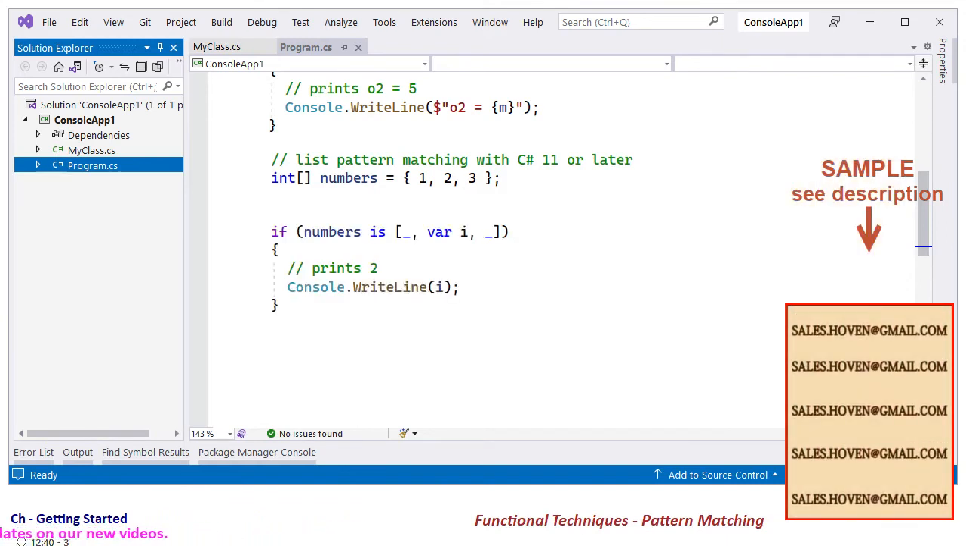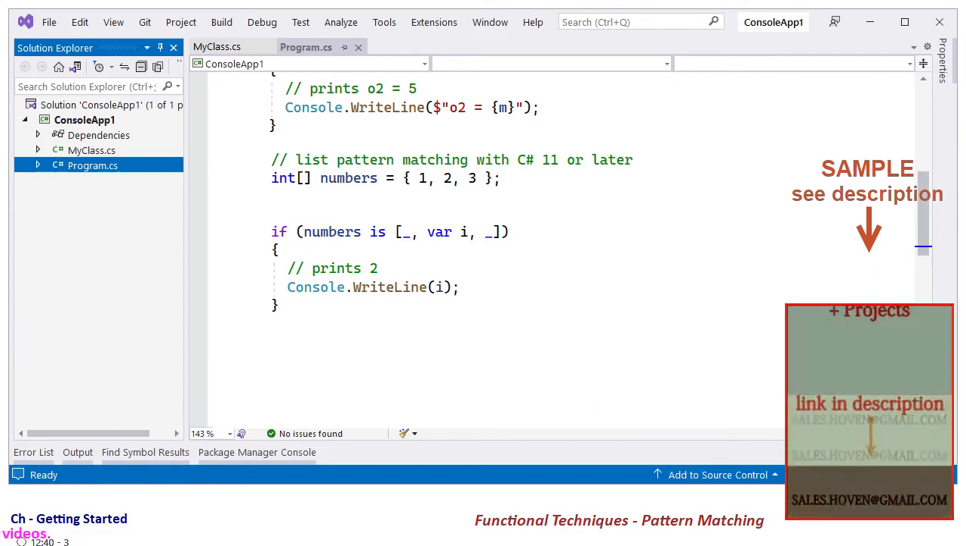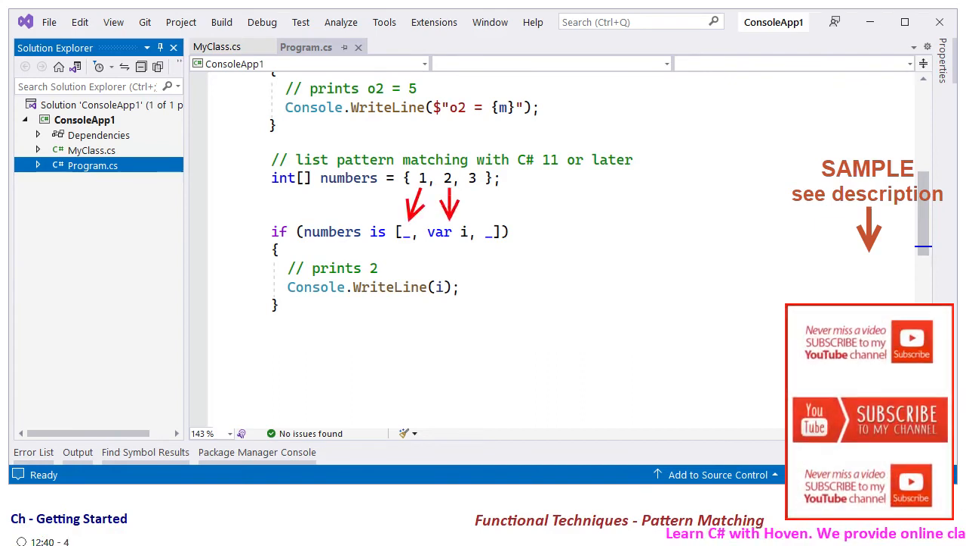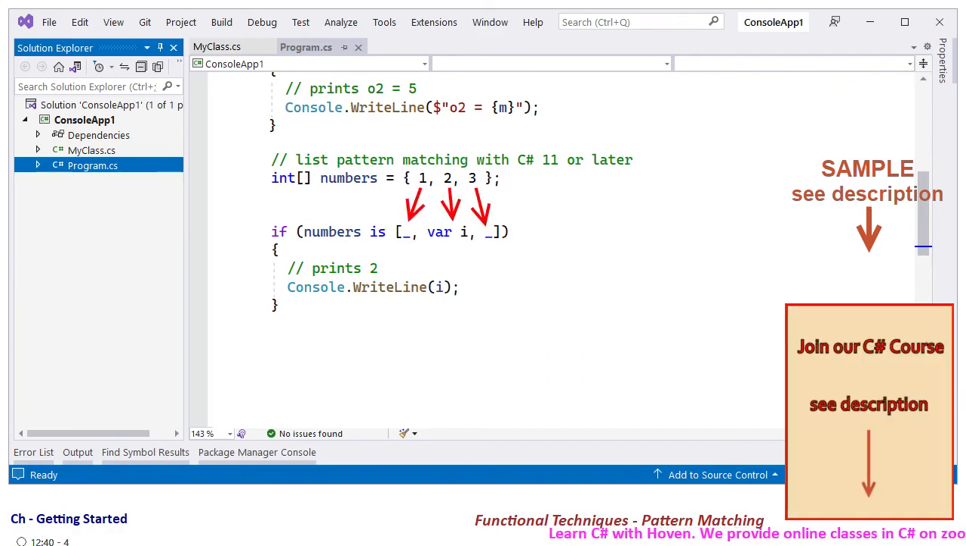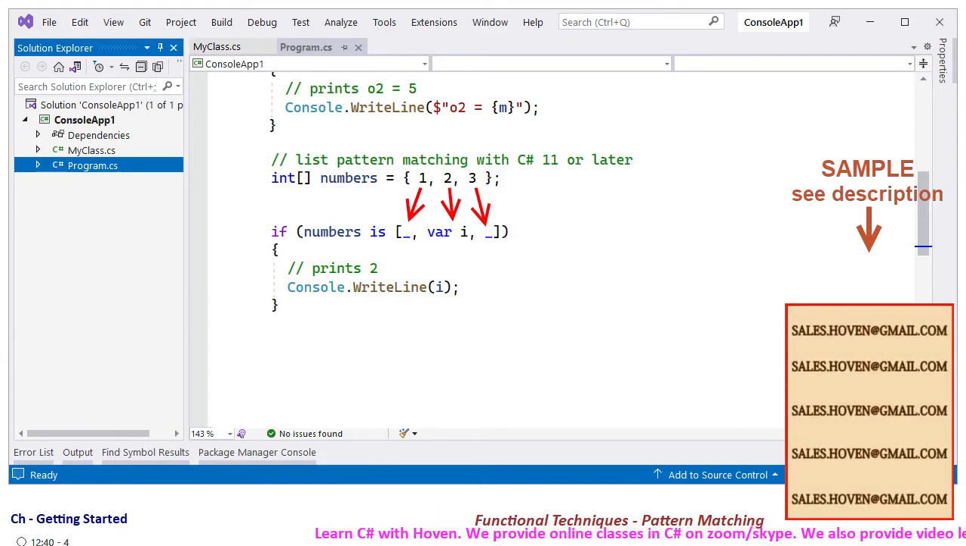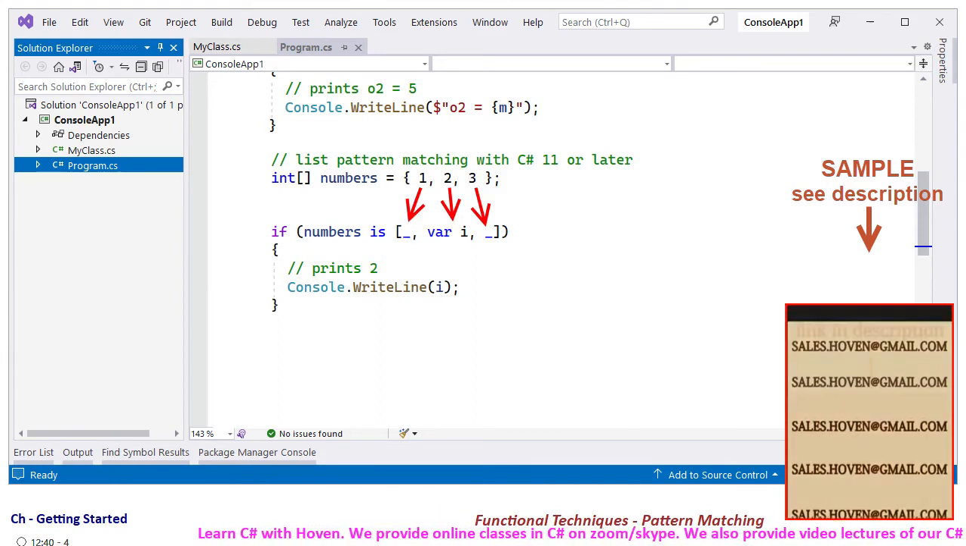We can use an if condition to test if the array matches a pattern of 3 comma separated values. Notice that we have used discards to indicate a wildcard-like match. Anything will match. We have used a var pattern to capture the middle element in a